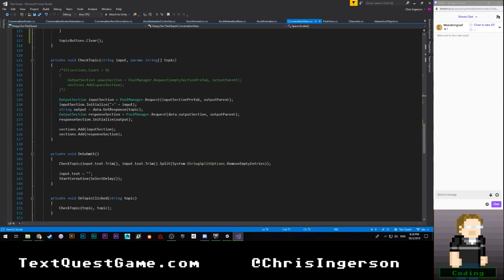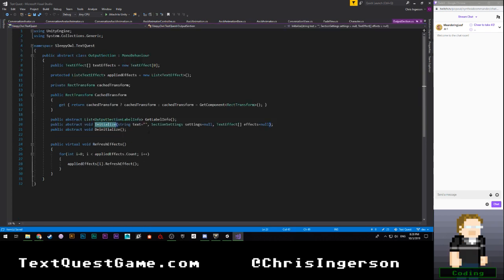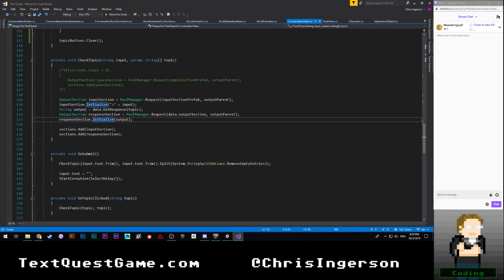Okay. Response section, initialize, output. Oh, no. Shoot. So initialize here starts playing effects, and it doesn't have a coroutine to call back.